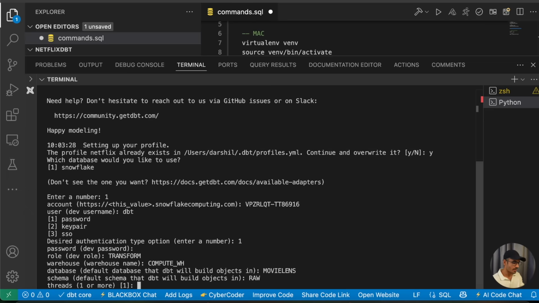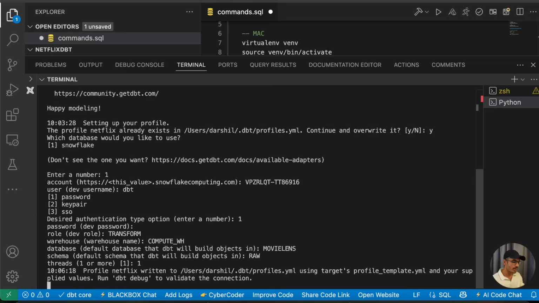And the third is just keep the one. This is the basic configuration, and inside this root folder, as you can see, .dbt profiles.yml, this information will be stored. So if I show you in the terminal,